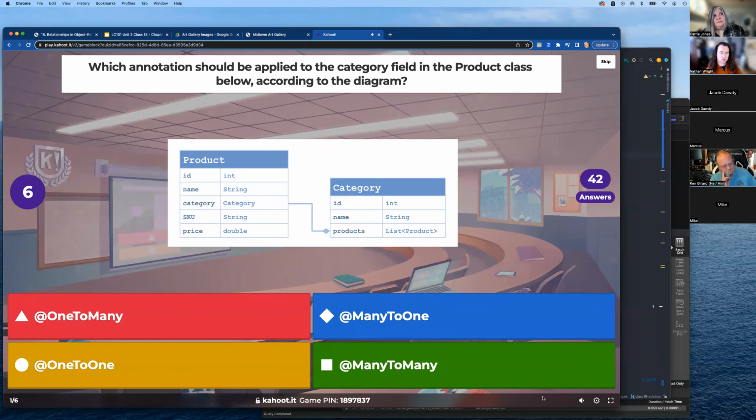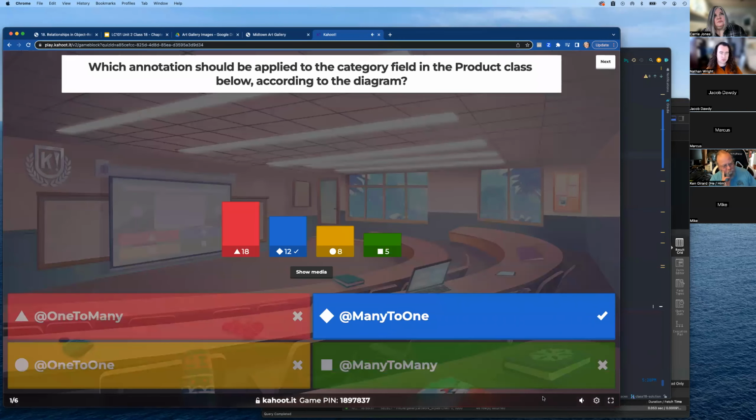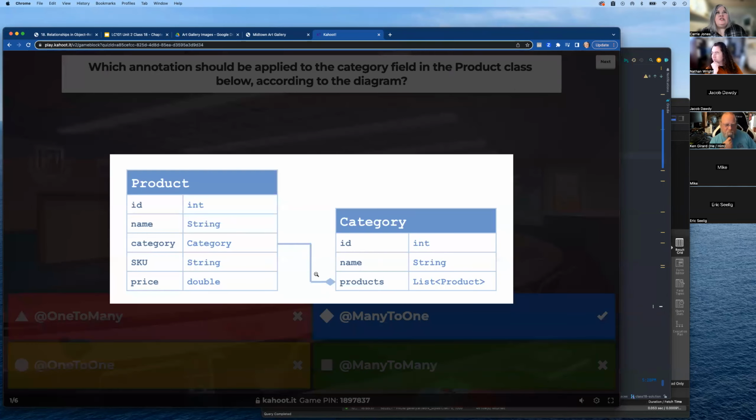All right, almost there. Okay, yeah, see, this is tricky. And I remember when I was a student trying to wrap my head around this. So here's the deal. It's many to one because the question said, look at the category field that's right here, that's in the product class, which is this diagram. What is its relationship? Which tag would you put on here to relate it to category? This is the one that there would be many of